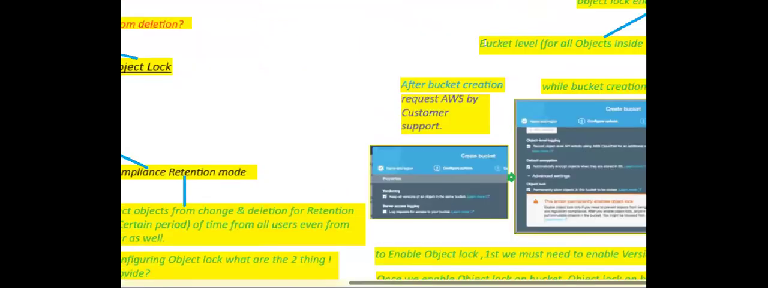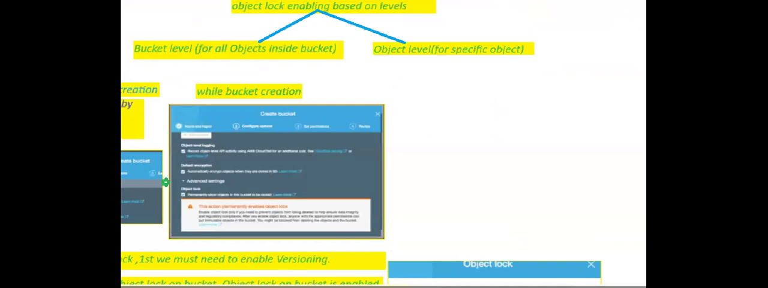Now let's see about object level specification. Now let's say I haven't enabled my object lock at bucket level. Now I want to provide this object lock for a certain specific object. Then how can you provide it, sir? So to provide this object lock for a particular object,